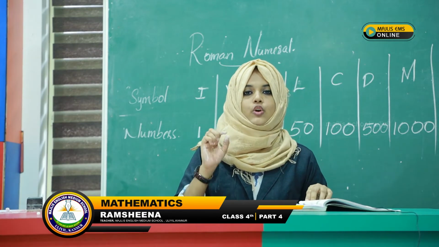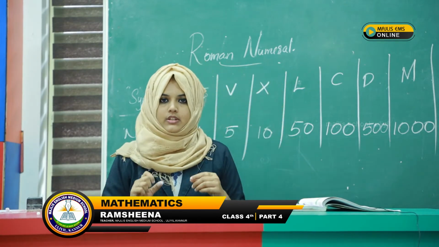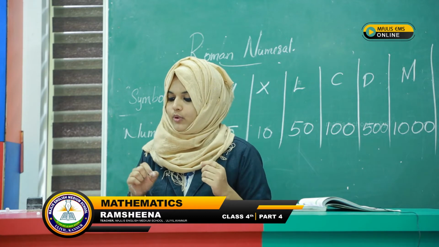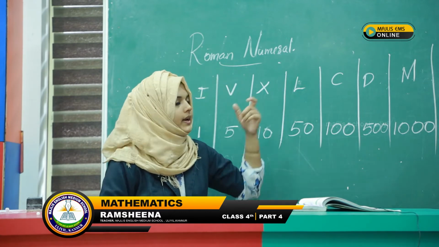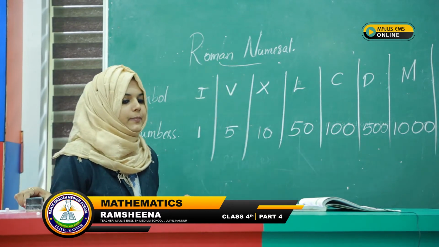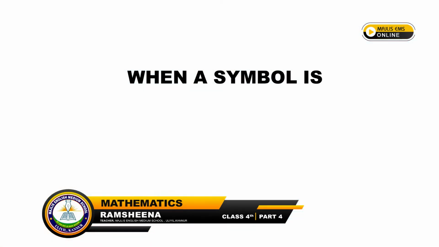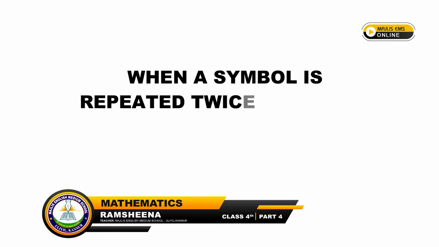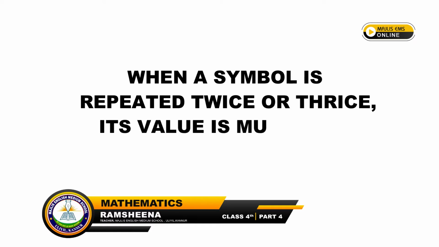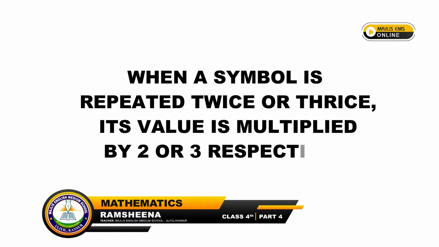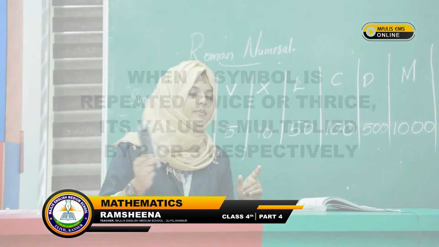Next, we need to remember some rules while writing Roman numerals. First one: if a symbol is represented twice or thrice, its value is multiplied by 2 or 3 respectively. For example,